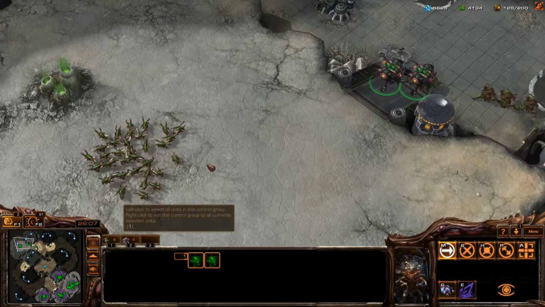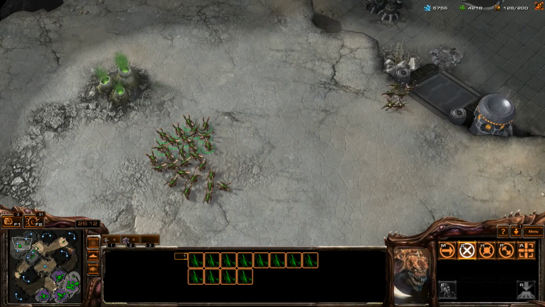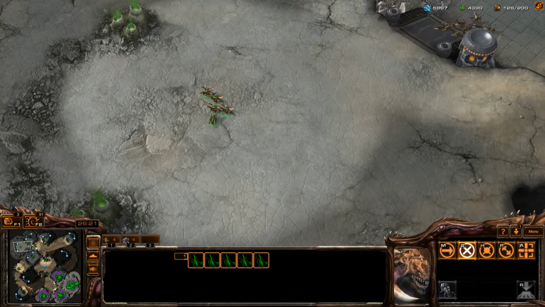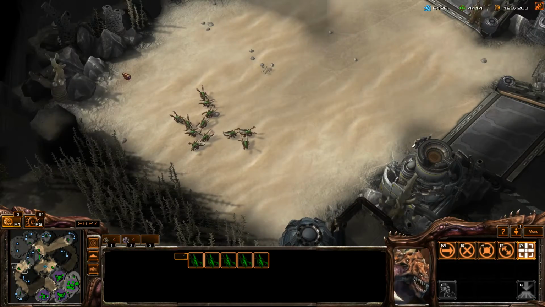The one big difference I should have been able to make is micro my guys away from his seeker mines. But I went to grab my hydra, and for some reason I grabbed all my hydras, and I don't know why. Otherwise that would have gone different, but...